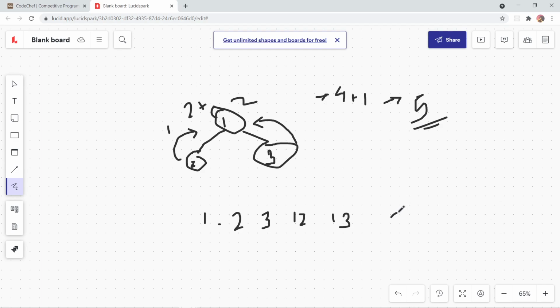But I can also make 2 3 from this part, 2 to 3. This is the simple part, 2 1 3. 2 1 3 is having 2 3 in it. And I can also make 1 2 3. So we should say that I cannot only make 5, but I can also make 5 plus 2.